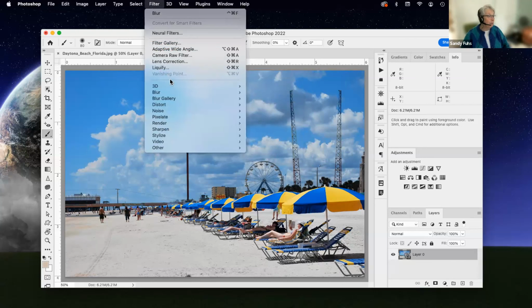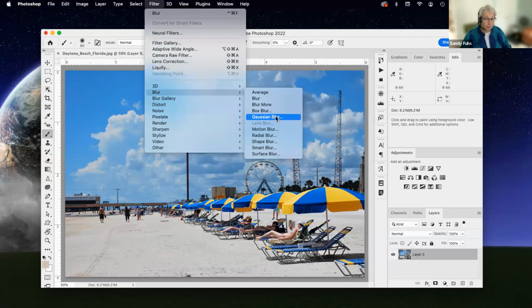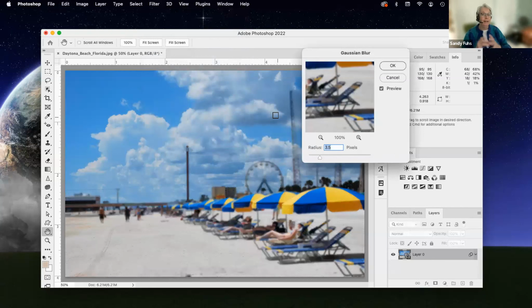If I go into filter, blur, and say, I'd like to see a Gaussian blur. Gaussian means more in the middle and then feather it out on the edges. So with the Gaussian blur, it gives us this little window. Seeing something at 100% is always great, because this over here is at 50%. So I'm not seeing every pixel when I look at this. But now as I look at the Ferris wheel, I look at the texture that might have been in the beach,